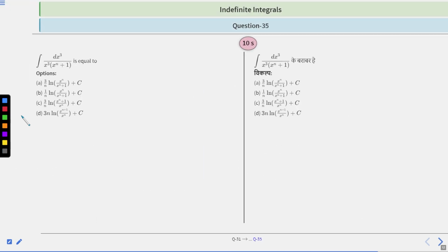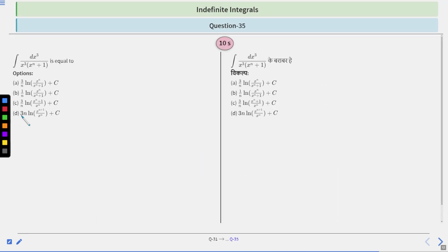Question number 35, which says we have to find the integration of dx cubed upon x cubed into x to the power n plus 1. Clear? Now the hint of this question is d of x cubed can be written as 3x squared dx, right? And x cubed into x to the power n plus 1